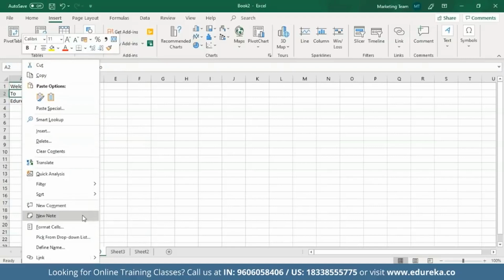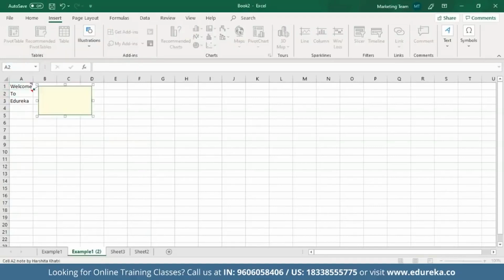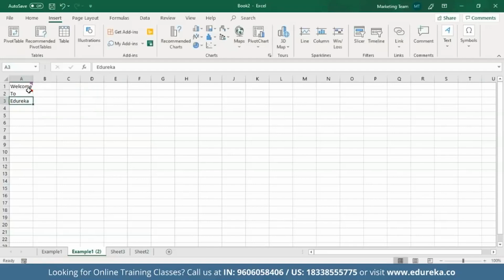So just like comment, there's another option called note. Now this note can contain any information about the data that is present in that cell. So I'll just write down example over here. Okay, so as you can see, note is represented by a red symbol that is present in the top right corner of my cell, and the comment is represented by a purple symbol present in the top right corner of my cell. So with this, I hope you guys are clear how to add in comments and notes to the